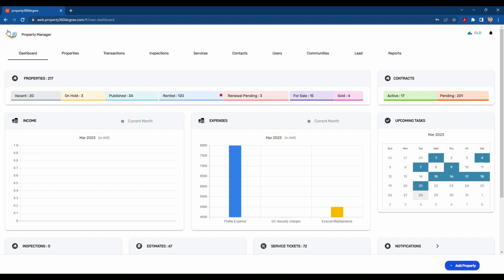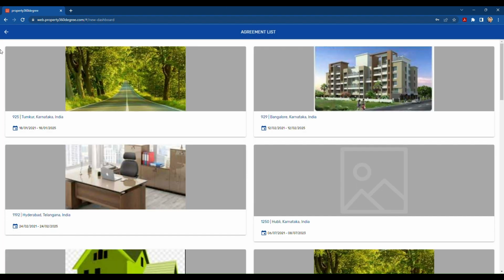So you have everything in Property 360 Degree. Yeah. So on the top right hand corner here, what we see is contracts. As a property manager, you want to do a contract with the owner who wants to hand over their properties to you. You can potentially do your contracts straight away within the Property 360 Degree itself,